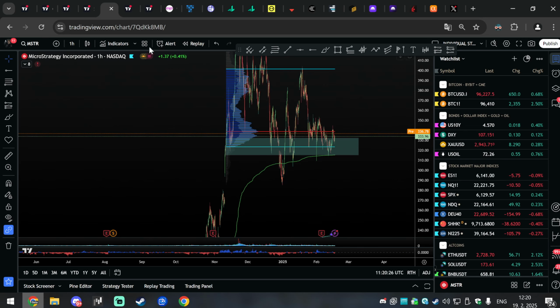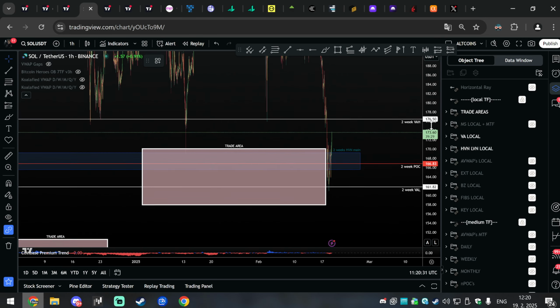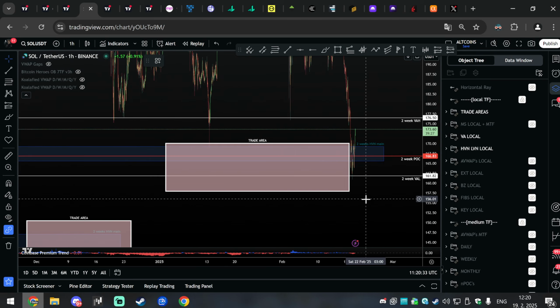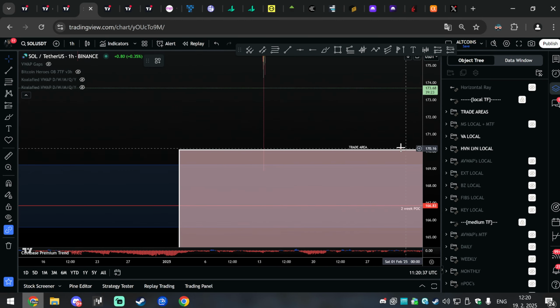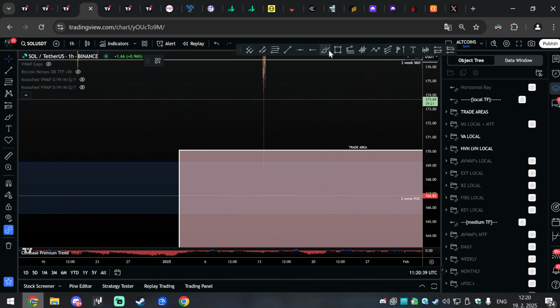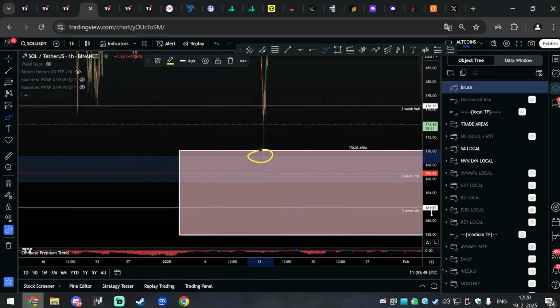Solana, where are you? Individual stock, Solana is here. So for Solana, this was simple. I was sharing that in the group. You can zoom in here. Since December, our traders know I have the trade area here. You can see the first reaction that we kissed. We often kiss the initial level from my trade areas, then you get a reaction from the midline, from the mid of the trade area, or from the bottom of it.